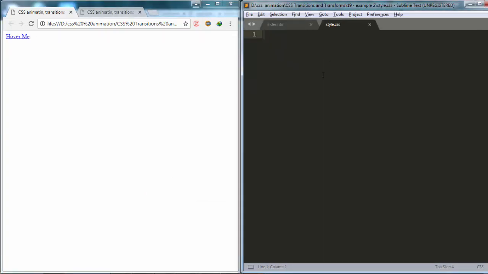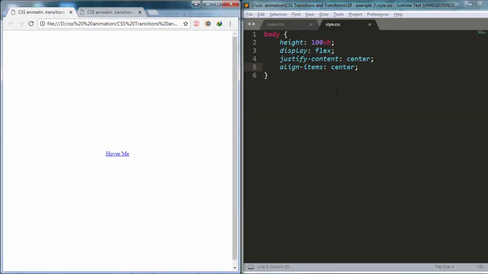So, first of all, I will target the body and add height 100vh. Then I will add display flex, justify-content center, align-items center as well. What these 3 lines of code will do is center the link horizontally and vertically using Flexbox. This has nothing to do with CSS animation,